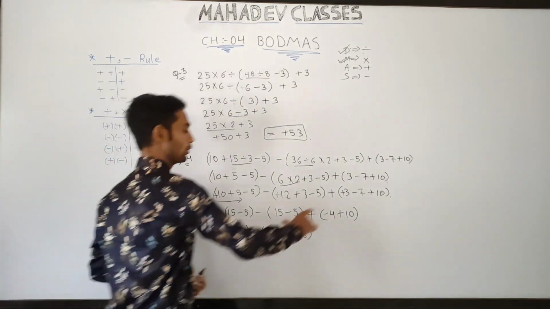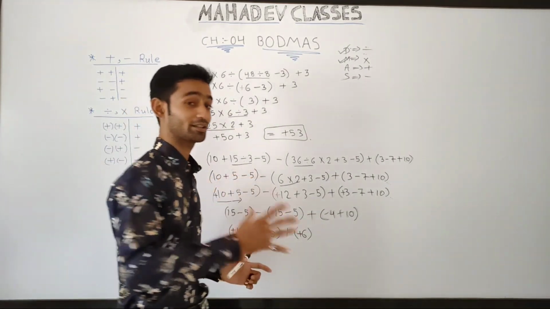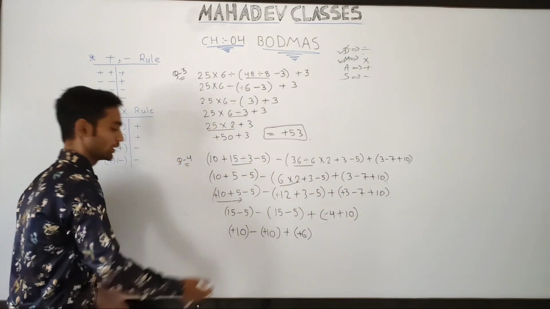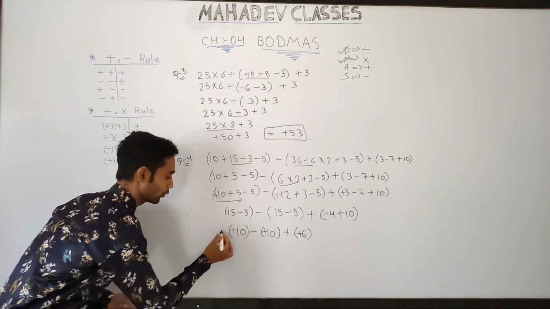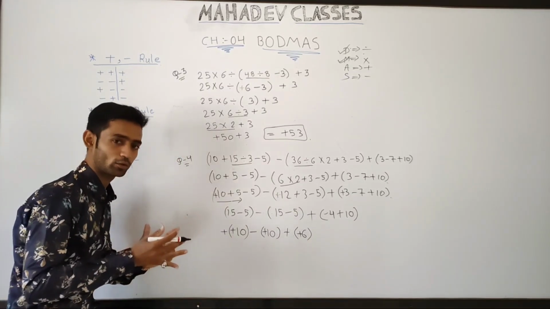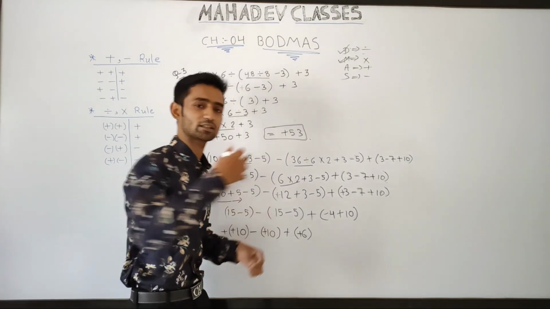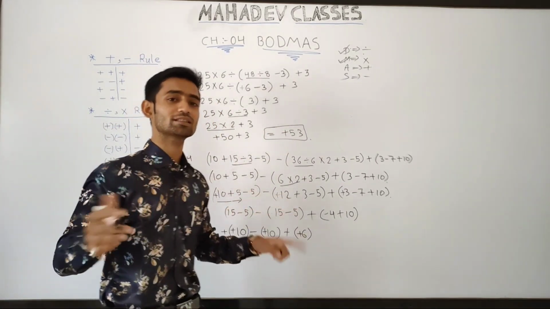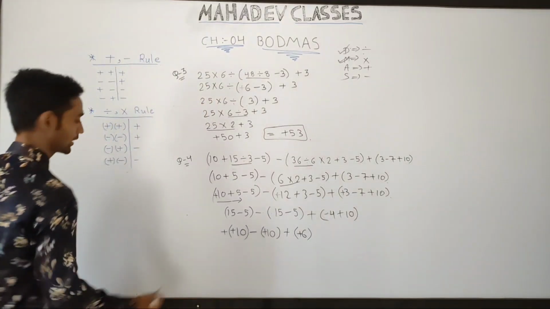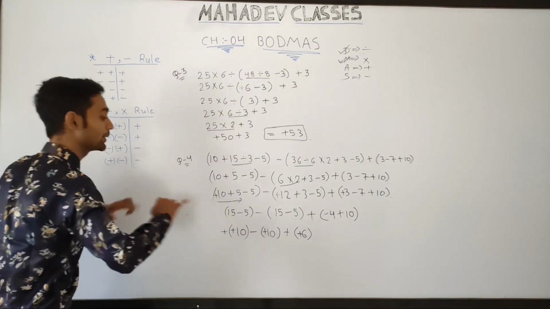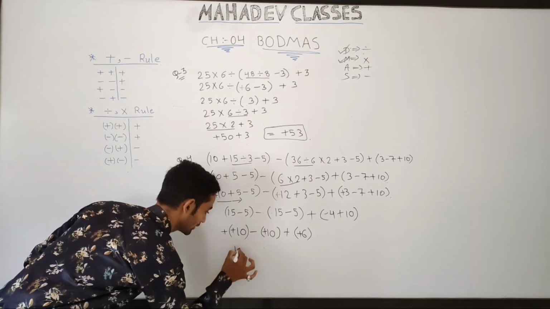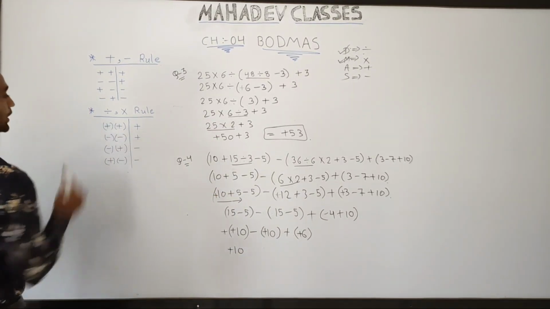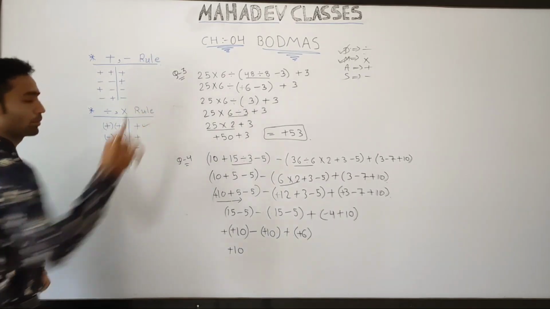Okay, now to remove this bracket, see very carefully what you have to do. See, here before this bracket it is a plus sign. Because there is no sign, it means it is a plus sign, so whenever there is a plus sign there will be no changes inside that bracket. See, plus plus, there will be no changes. So we will simply write here plus, like plus 10. See, plus plus, then we will simply put plus.